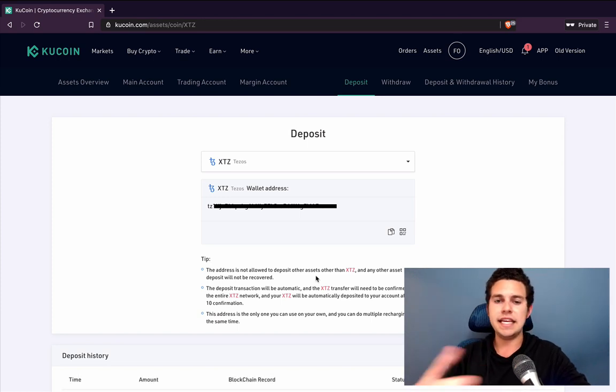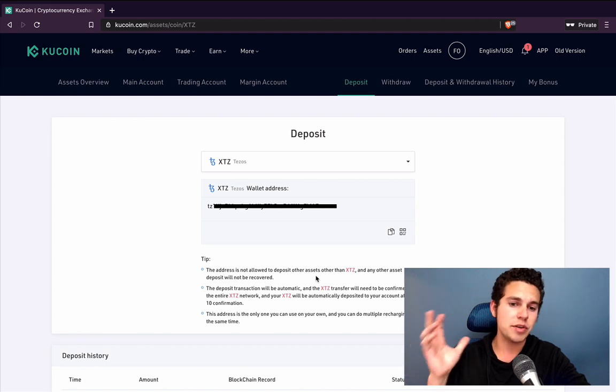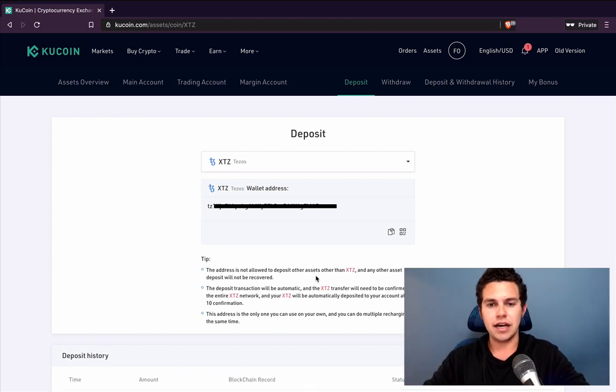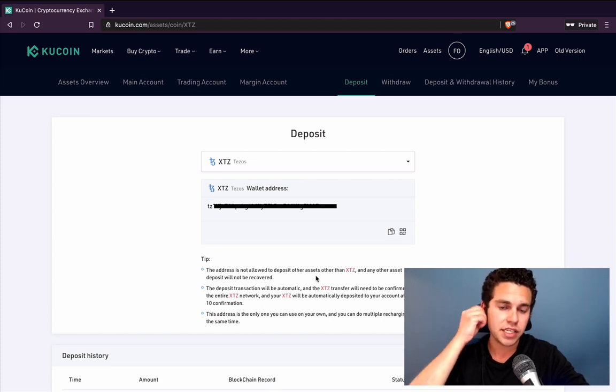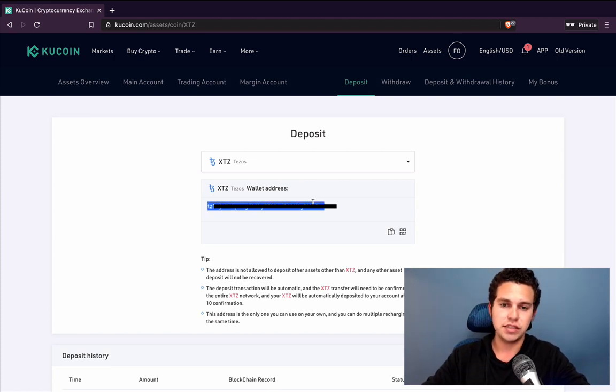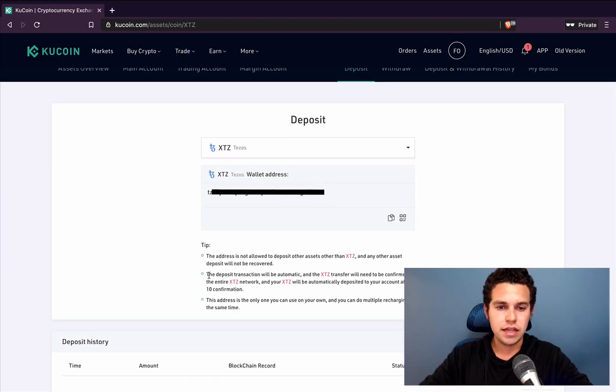It's like an email where if I send an email to somebody and I'm like, oh crap, that was the wrong person to send the email to, there's no way to bring that back. That person gets the email. And in this case, if you send Bitcoin to this address, it'll be evaporated forever. So be very careful. The deposit transaction will be automatic and the XTZ transfer will need to be confirmed by